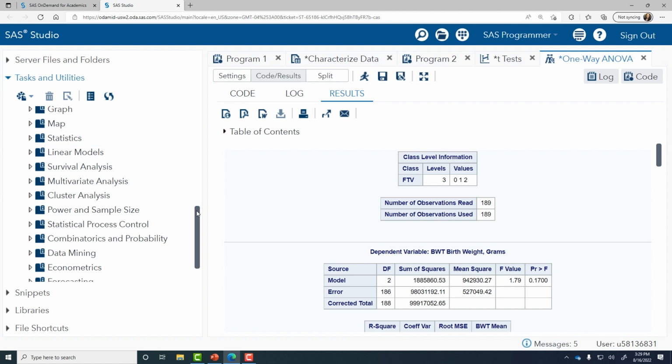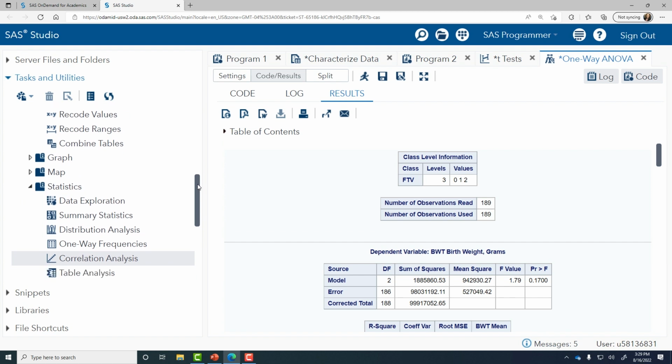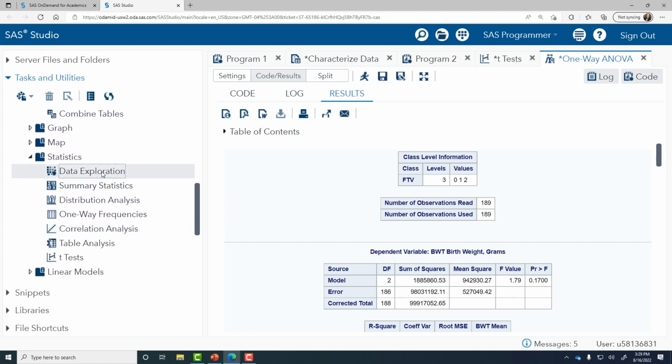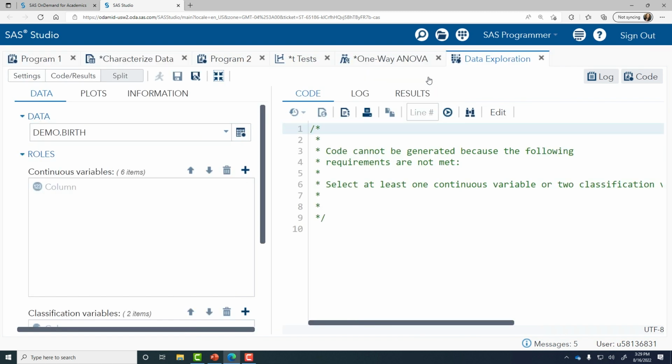I am back in SAS On Demand for Academics, and now I want to open up the data exploration task. I'll go into the statistics menu in my tasks and utilities riser and open up data exploration. Once again, I'll select the maximize button so that the task window takes up our entire screen. As always, make sure that the birth dataset is specified as the analysis dataset here.